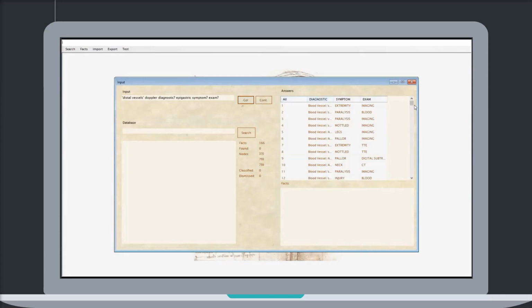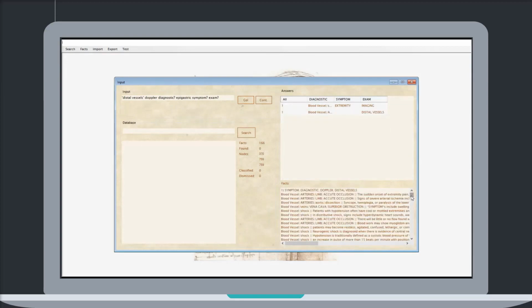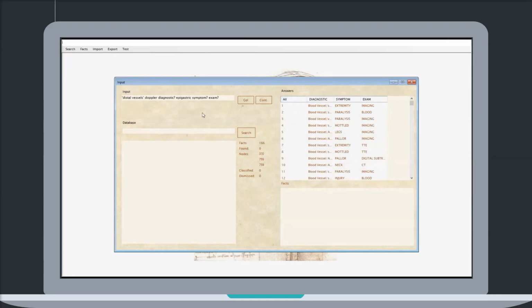As you see, it didn't take long to get more than 200 possible answers. And you have a relationship between those three things I asked the system for. We can refine the search, and it will give us more answers, if they are available, and resort them to focus on the most simple ones.